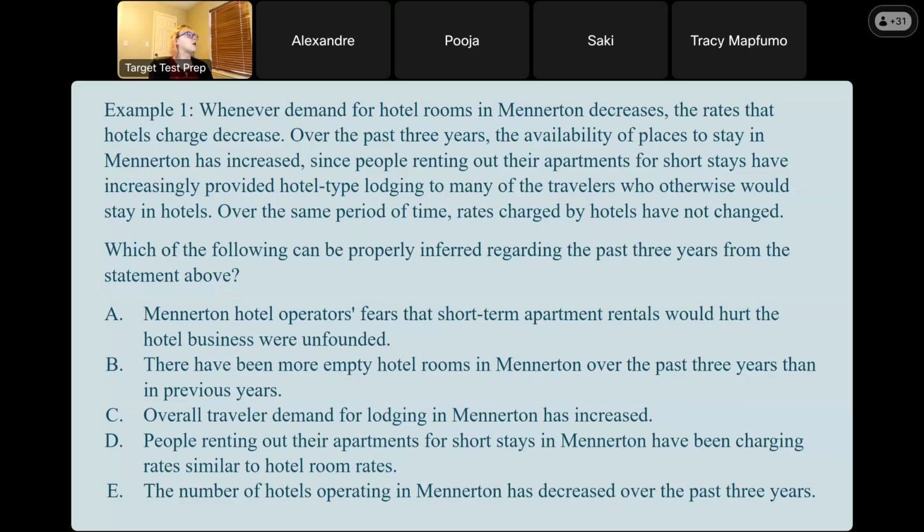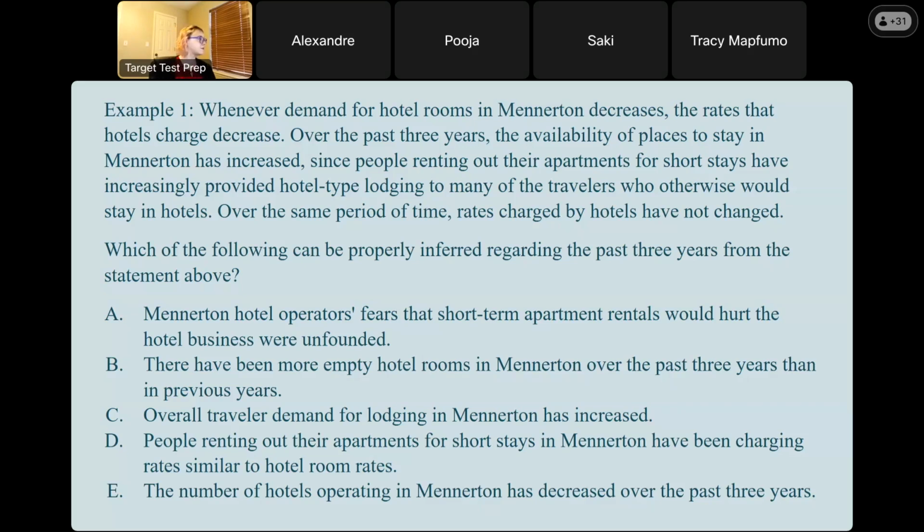C, overall traveler demand for lodging in Minnerton has increased. Yeah, it would just about have to, because there has been an increase in supply in the market because people are renting out their apartments, and yet the rates have not decreased. So the overall traveler demand for lodging in Minnerton must have increased if the increased supply did not lead to a decrease in